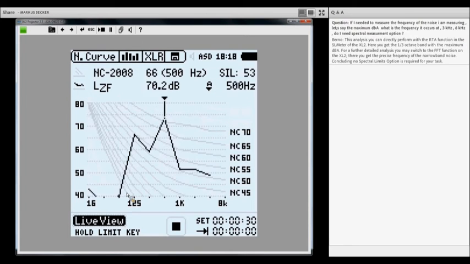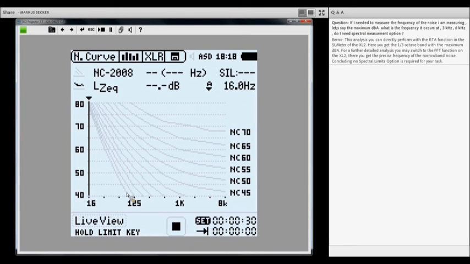And then the next preparational step would be to define the duration of your measurement. Here we have 30 seconds by default, which is our recommendation, but for the sake of keeping this presentation not too long, I will reduce it to 10 seconds, which is actually below the minimum requirement of the standard, but it's enough to give you an impression of what happens during such a measurement. So I will start the measurement by pressing the play button, and I will keep silence for these 10 seconds, just to make sure that I'm only measuring the actually present background noise in the room where I'm sitting.